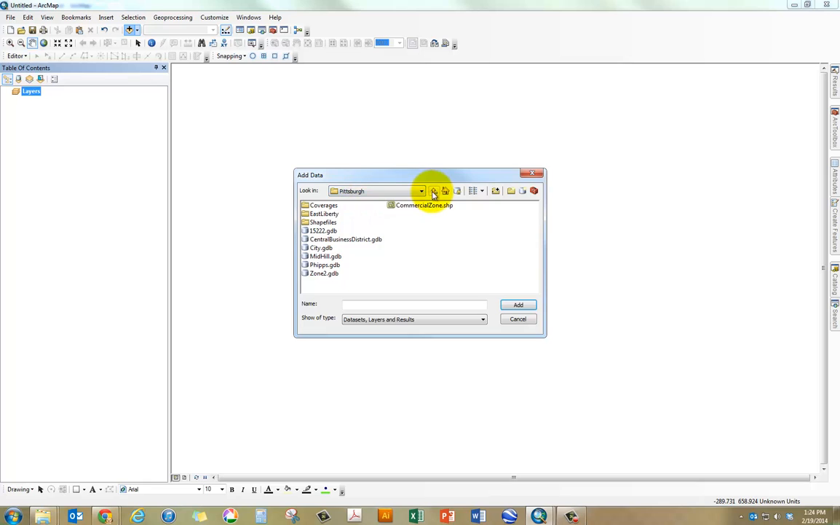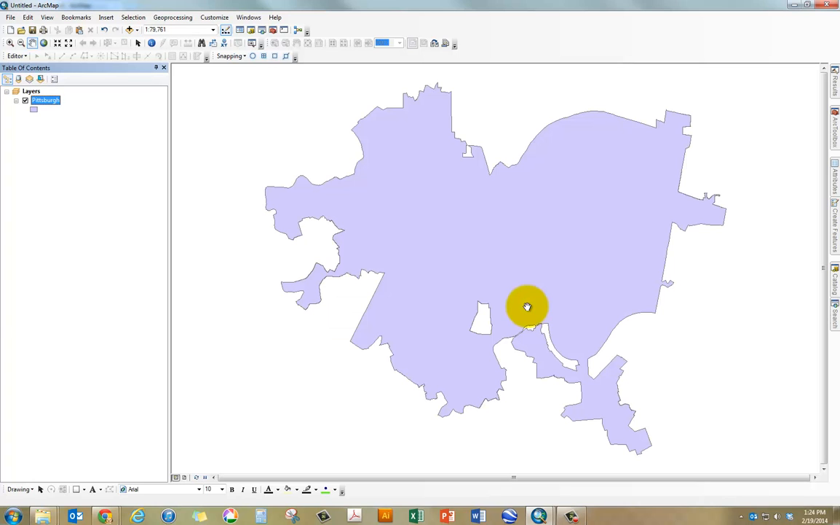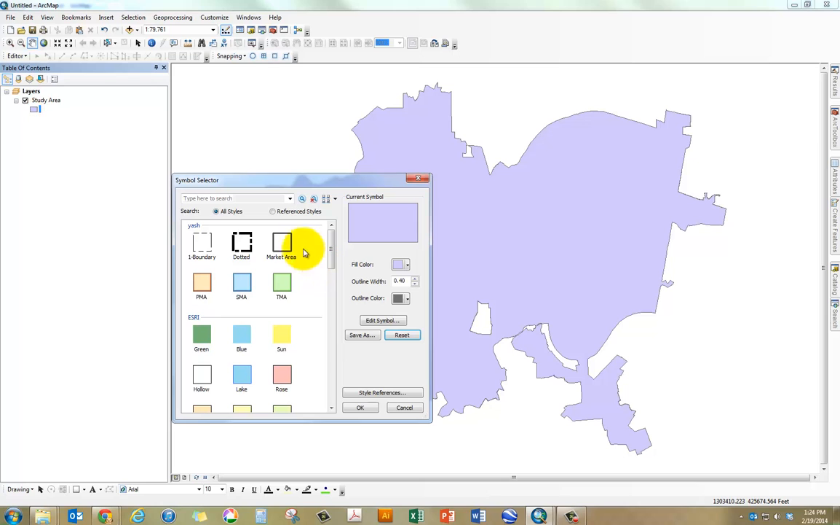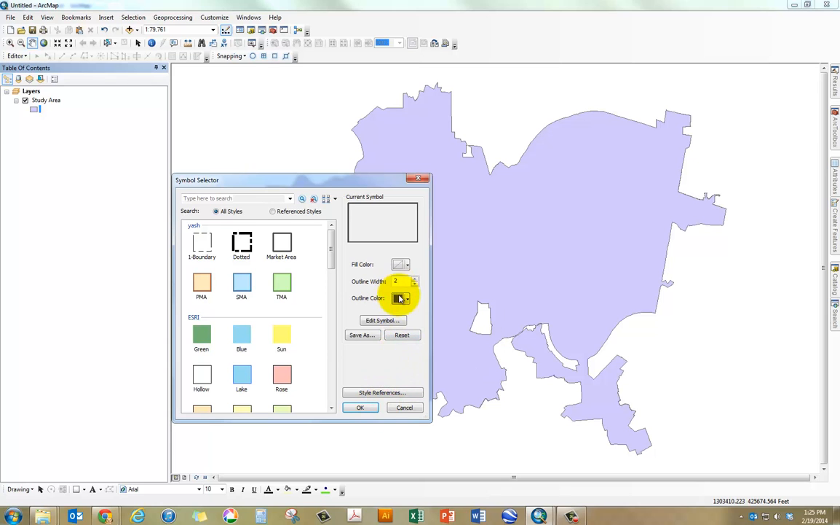is under Pittsburgh folder under data. I'm going to go to city GDB. I'm going to add my Pittsburgh city boundary to the map, and here I'm going to rename this layer as study area, and then I'm going to use a hollow symbology and give it a line weight of some sort,